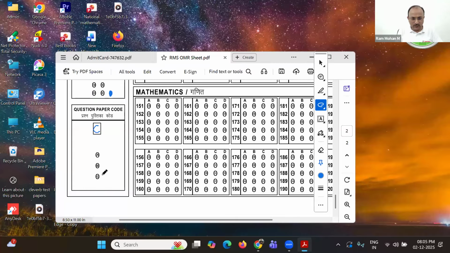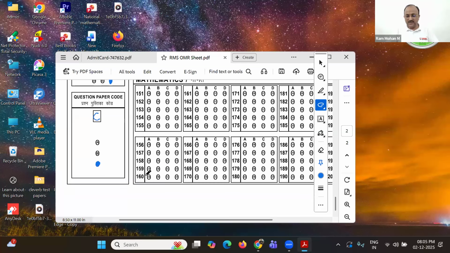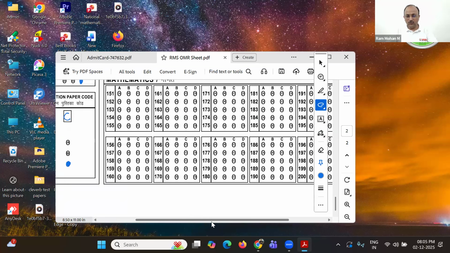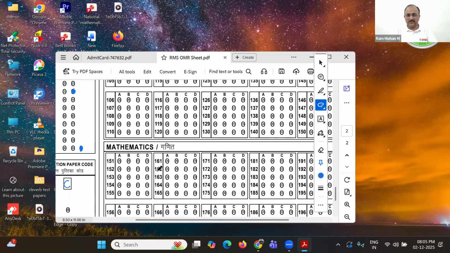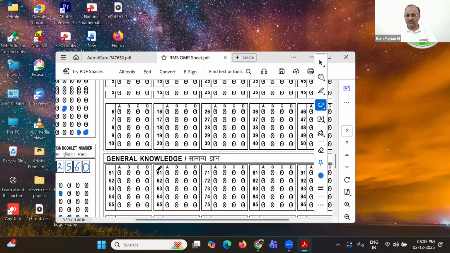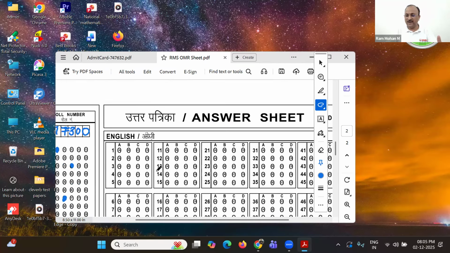Code C. So what you are going to do, C, you are going to write here, and this bubble you are going to fill it here. This is one. Now once you did this, on the front page you have done the signature. This is the time for going to make the answers. Tomorrow, why I'm asking you to fill your OMR sheet front and back and send it to me, I will cross check this. Okay, while filling, what you should do, suppose for the first question the answer is C, you should fill